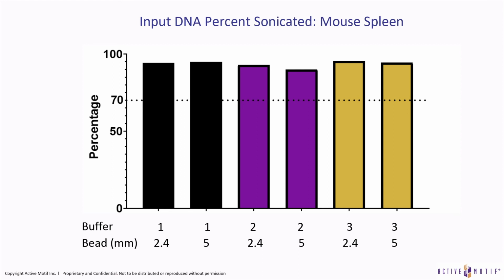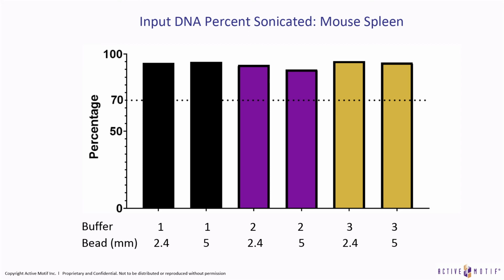If you're going to use your chromatin for a ChIP-seq reaction, we want it to be greater than 70% sonicated. And in all conditions tested, all sonicated material is greater than 70%, implying that this is very, very high quality chromatin. So having been able to generate such high quality chromatin, or what appeared to be so, I performed H3K9 acetyl ChIP-seq. This experiment was conducted using our H3K9 acetyl Abflex antibody, which is a wonderful antibody that does